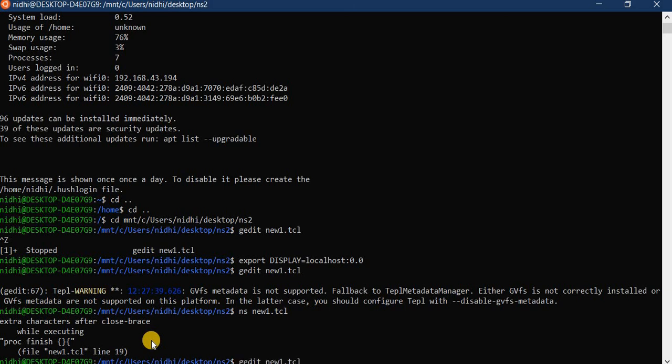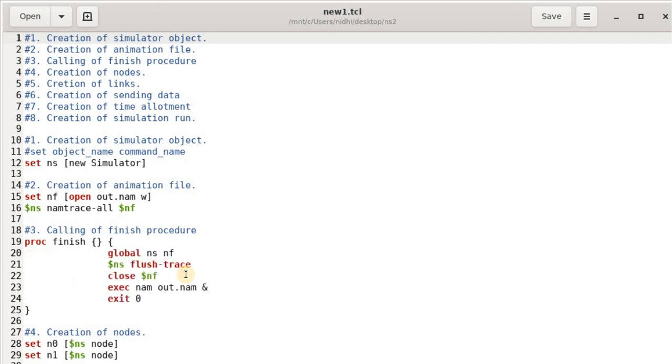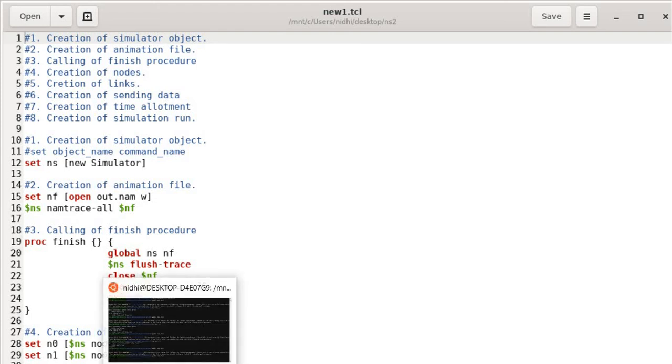To correct this error, you have to maintain spaces between them. Like these two curly braces, and after that you have to put a space, then write these things, and then the error will not occur.